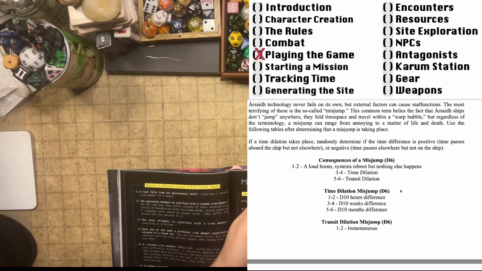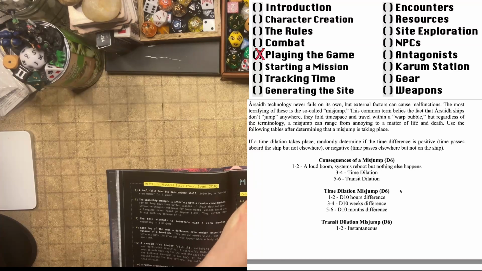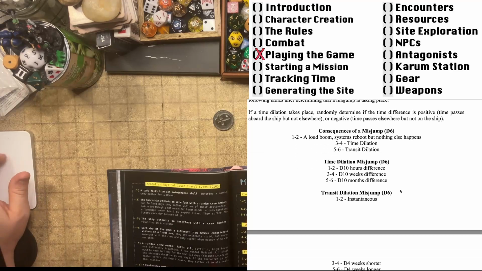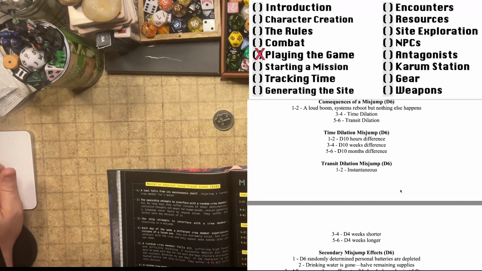So a loud boom, systems reboot, but nothing else. I keep thinking that says Tim Dillon. Time dilation, transit dilation. Oh, I see. Okay. And then if it's a 3 to 4, we'll then roll on the time dilation misjump, 5 to 6 on the transit dilation misjump. That's a bit